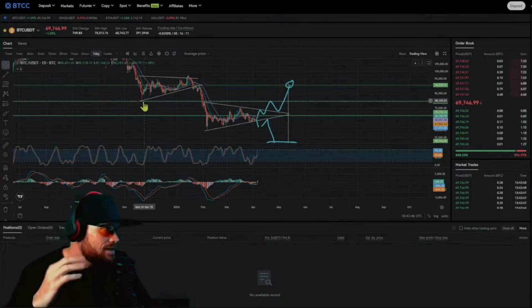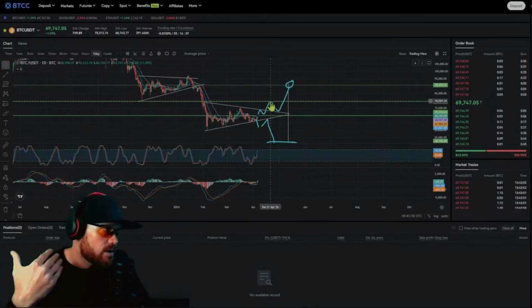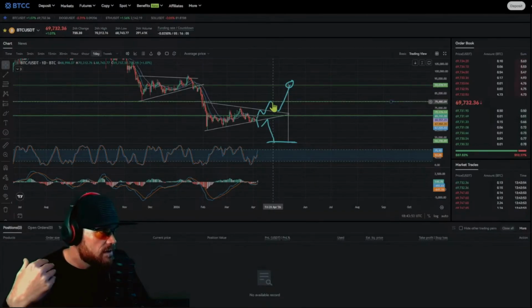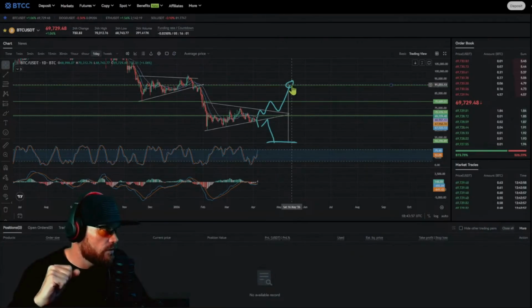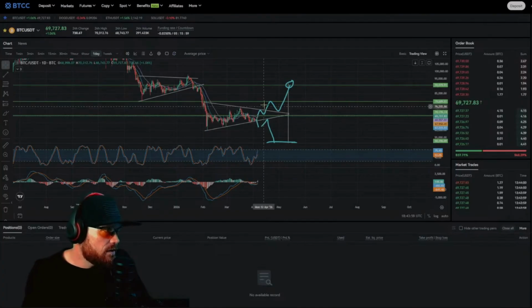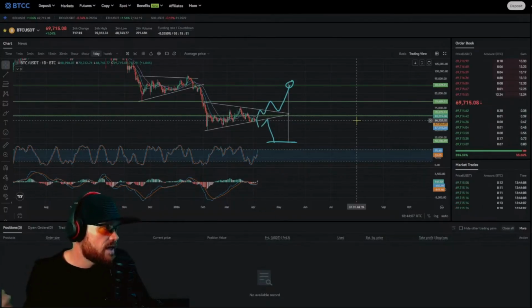I do have a line in at 80K at this previous wick. That would be a good place, in my opinion, if we did get a breakout for Bitcoin, to get rejected, to backtest the breakout for confirmation before lifting off to the measured move. But again, it will not follow the path directly. We may even consolidate more here. We may run up to the resistance, come back down to the support, and still get that squeeze in before